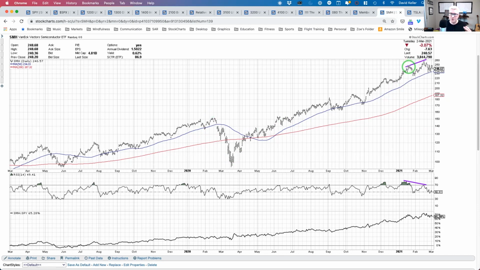So two things to pay attention to. Number one, a failed divergence. The way that you would discover that's the case is if we break above 260 on the SMH, that would tell you this is invalidated and that we're just going to continue to go higher most likely. The second thing would be on the lookout for a sequential bearish divergence where we have continued higher highs in price, continued lower peaks in momentum, but every one of those just continues to add to the bearish case. Every time we go higher, if we get weaker momentum, that can't happen forever. At some point, we either need to change and the momentum starts to improve as new buyers come in, or it's a top and we no longer go higher in price,